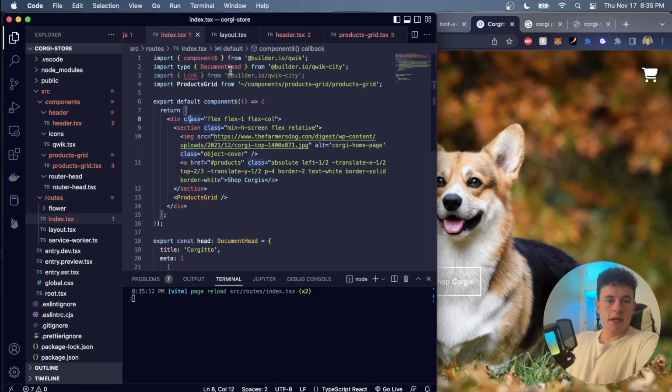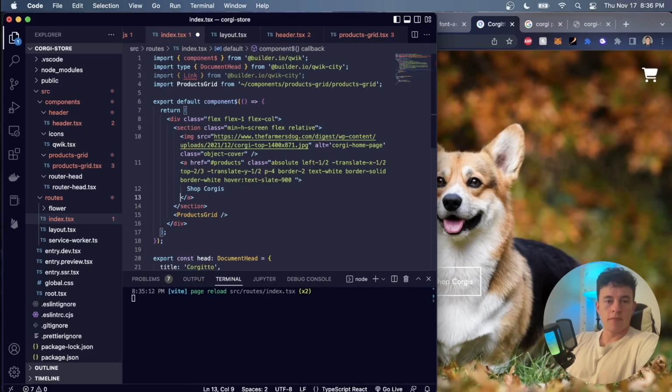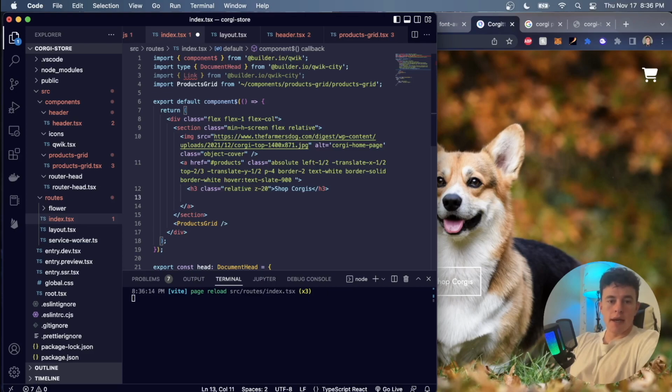So that is amazing. The next thing we're going to do is just give this href a couple more styles so it looks a little better. And we're going to be super clever by saying hover text slate 900, but also open this up onto a new line and wrap this inside of an h3, just like that. The reason we need to do that will become apparent in a second, but we'll just have to give this a class of relative z20, and that allows us to use the after effects just in here,